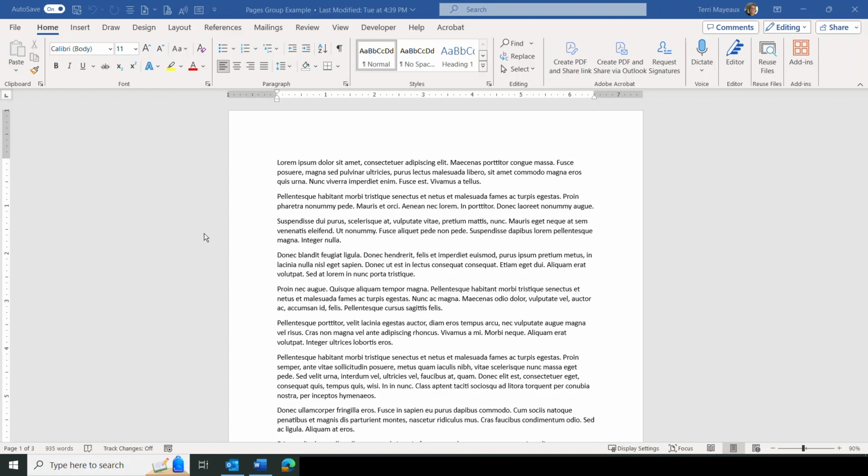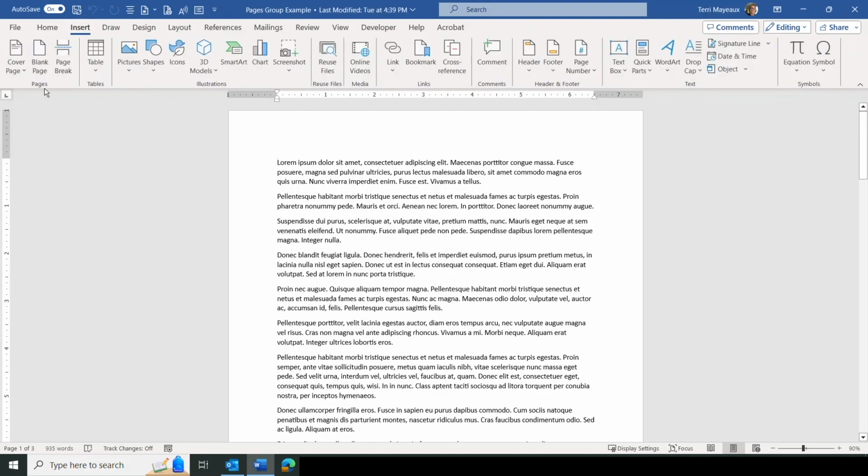Our example today has some of that fake Latin language because what we're really interested in is creating a document by using some shortcuts that we can find on the Insert tab. So to find the Insert tab, we're going to go above the ribbon to the second choice here, which is Insert. And then as we click on that Insert tab,